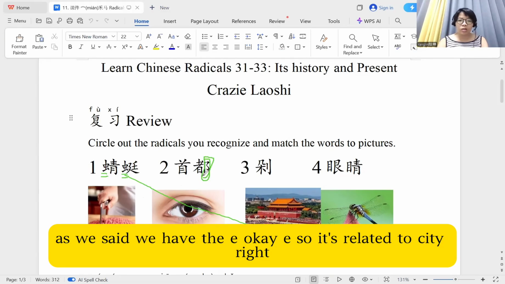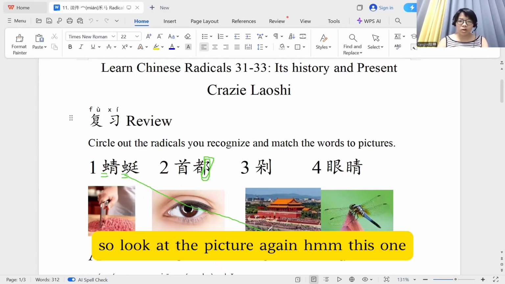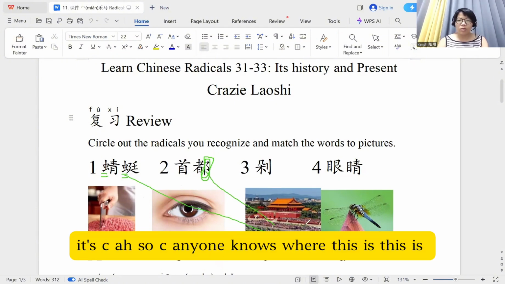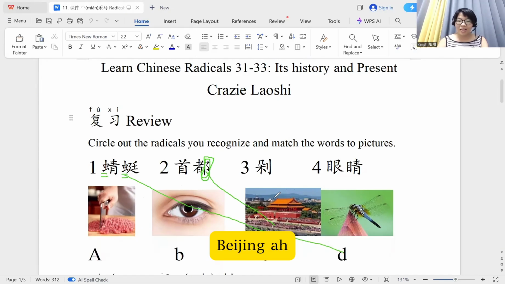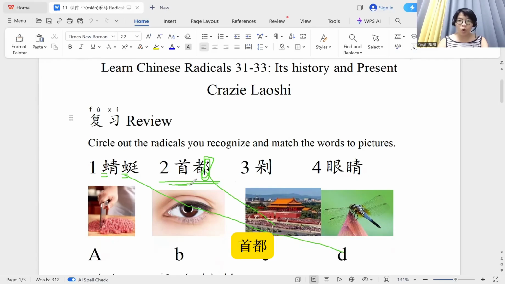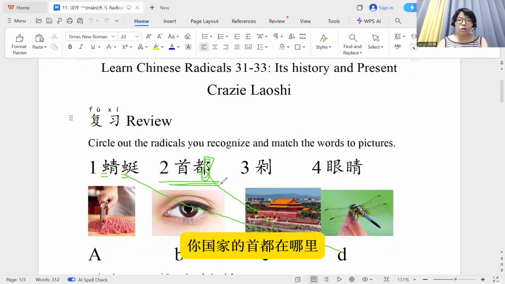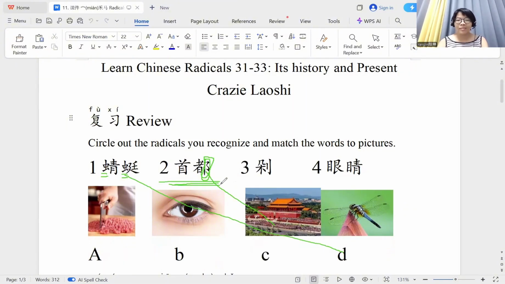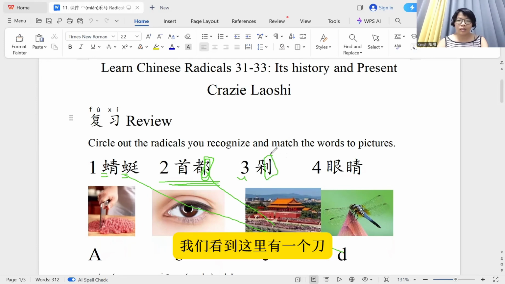Okay, as we said, we have the 邑, so it's related to city, right? So look at the picture again. This one, it's C. So C, anyone knows where this is? This is Beijing, the capital city of China. Okay, so 首都, capital city of a country. 首都，你国家的首都在哪里？